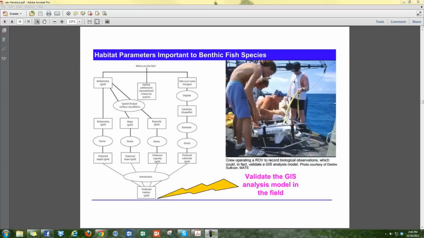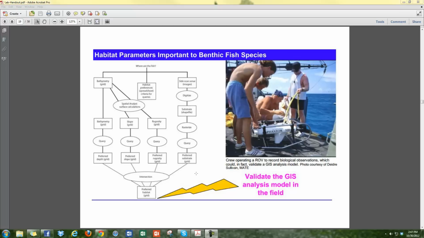Does that model work? So here's the ROV, a remote controlled vehicle, that goes out and collects the data for us. You can see here, this is what's going to go out and validate some of our GIS models. The question we're asking is, where's the fish? We're taking the bathymetry grid and using that to calculate our different model parameters. Then we're going out and using these side scanners to also make this other preferred substrate grid. So afterwards we get 4 grids that we're going to use to make our preferred habitats and model where our